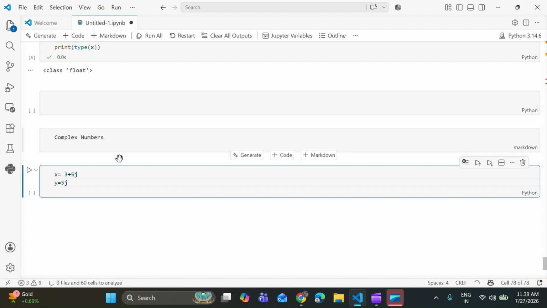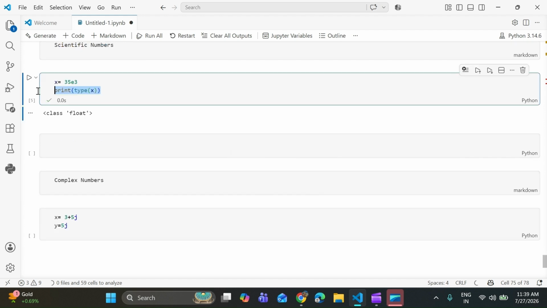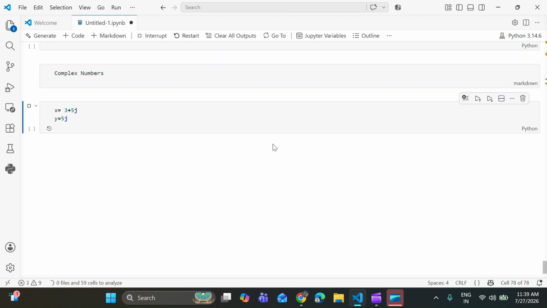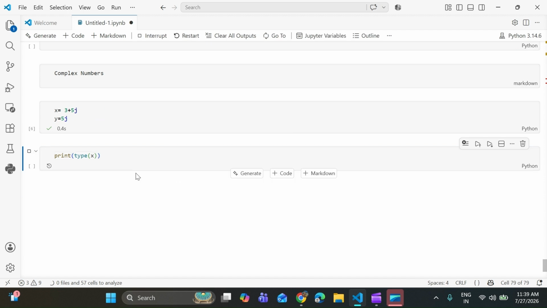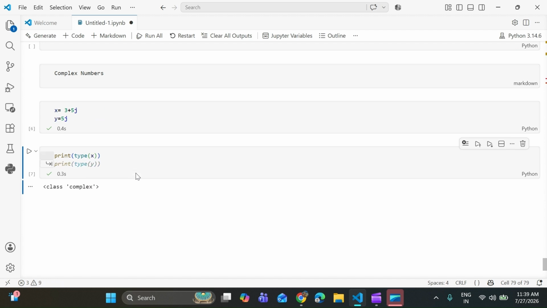Let's check the type of y. So it's complex. You usually do not use complex numbers in basic Python programming, but they are useful in mathematics, engineering, and scientific applications.